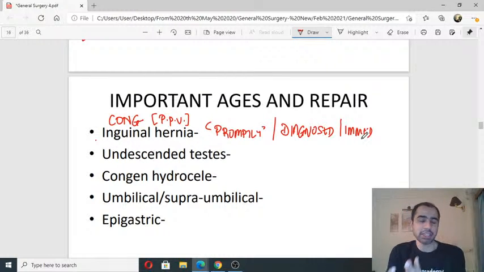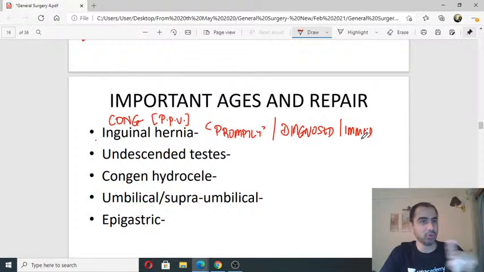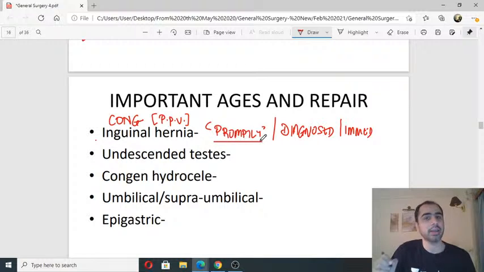Immediate does not mean if the child comes today and is diagnosed, then you have to operate him tomorrow. It means you can't tell the mother to come at 6 months, 1 year, 2 years, or when you want. You can't tell her that because it's a hernia. It's not going to go away. It will require surgery. Sooner the better. Lower the risk of complications. You can't say that if the child is born and the neonatologist sees the hernia, he will say get operated at 6 months, 1 year. It's not like that. Once diagnosed, within some amount of time, which is labeled as promptly, is when you should